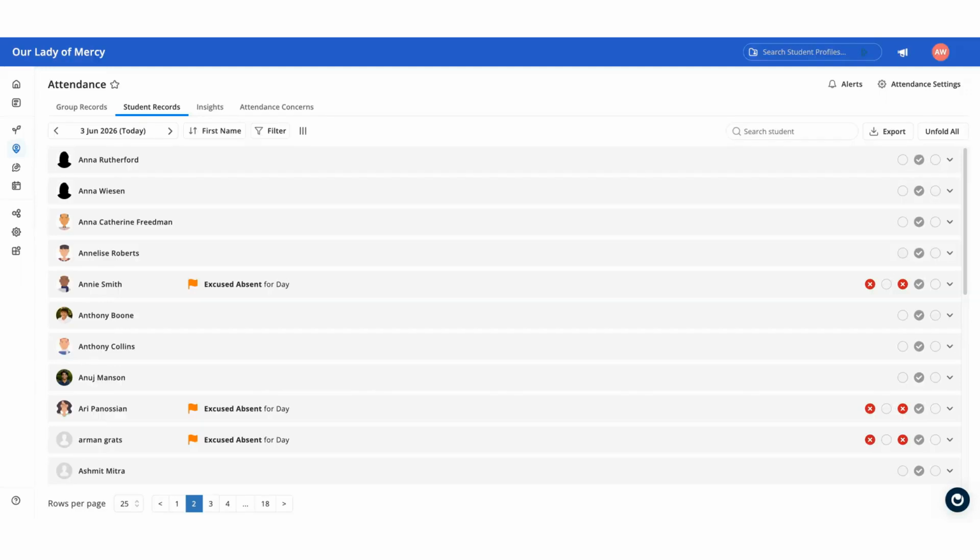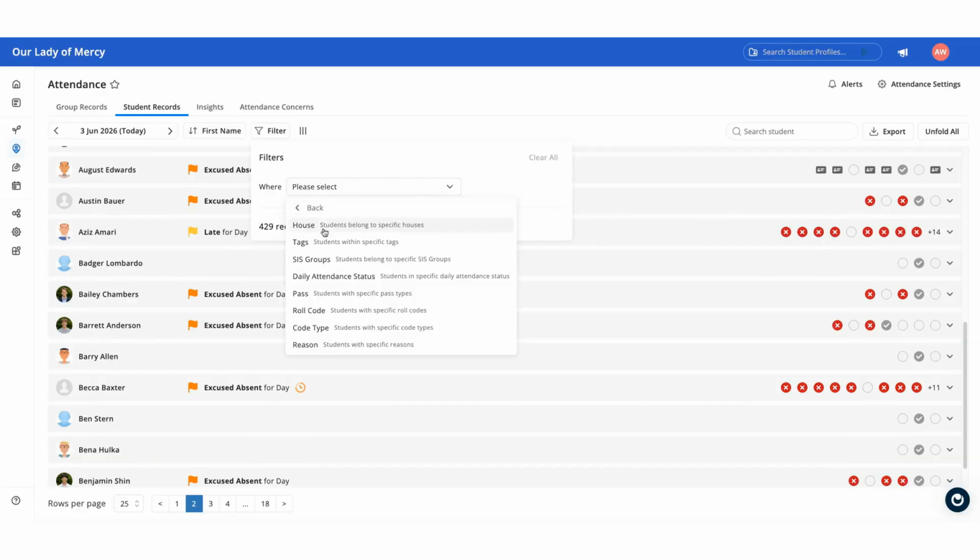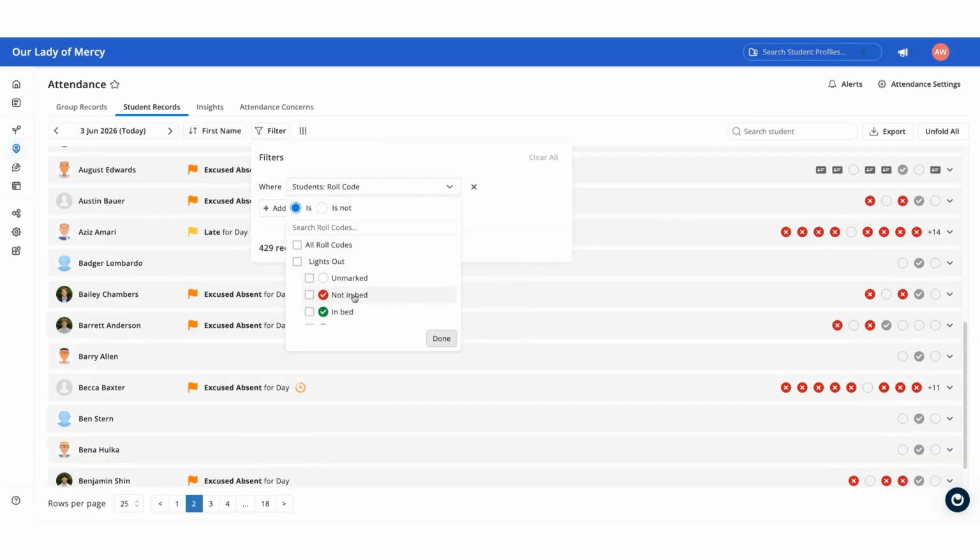The real power of this screen is in the filters. On a busy morning after first period, you don't want to scroll through every student. You want to see only the ones that need your attention. You can also filter by roll code to see all students marked absent in any class today, or add a pass filter